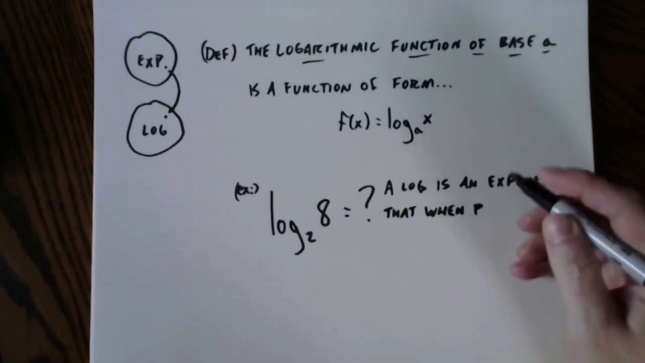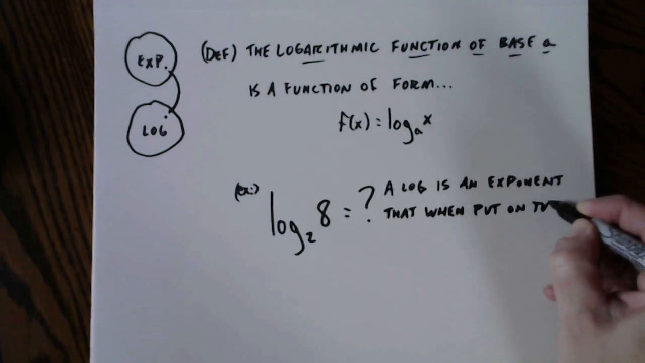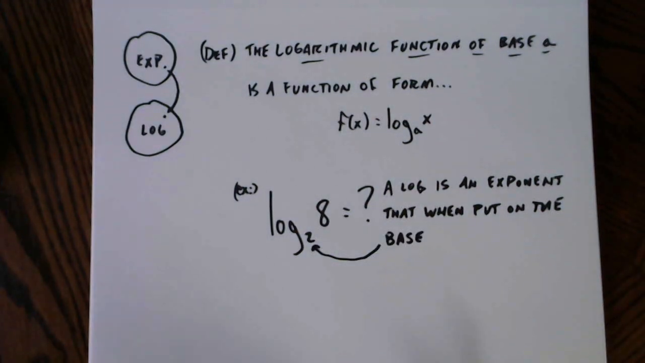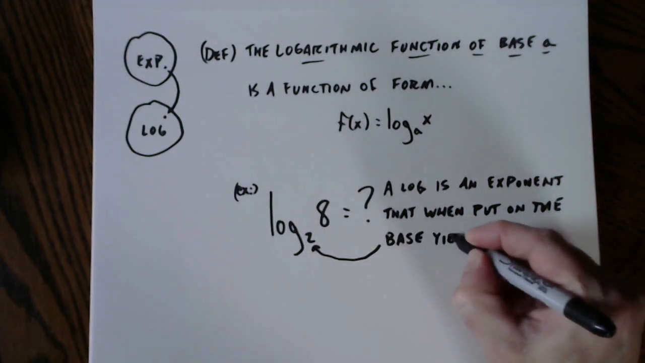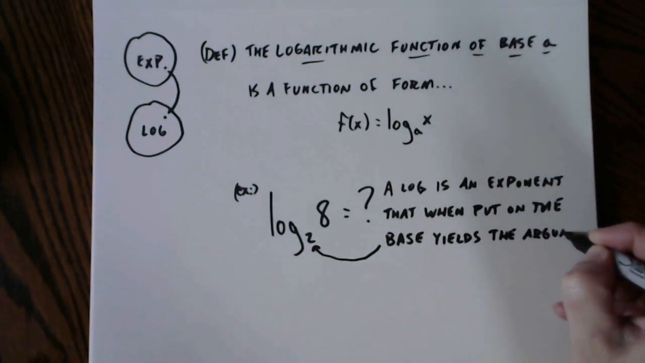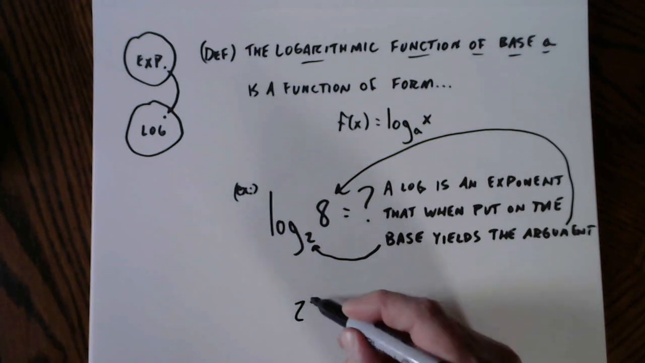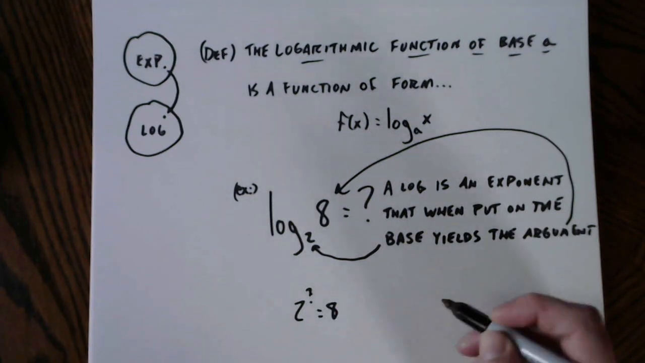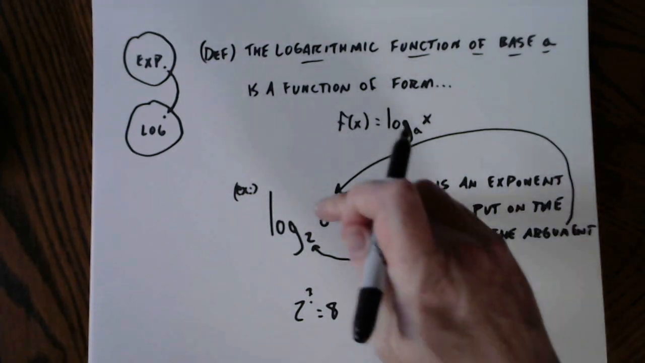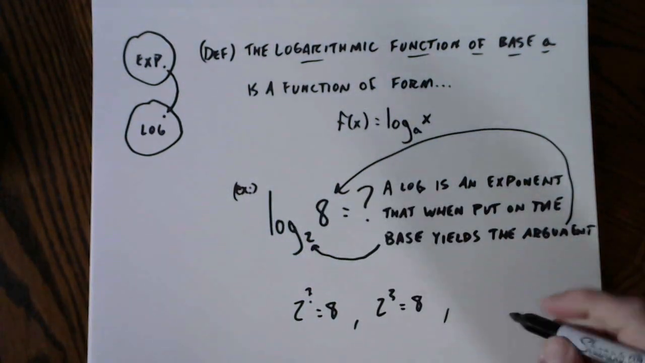That when put on the base, right, we put exponents on bases, right? The base, so this is a base 2, yields what we call the argument. So what do I have to put on 2, question mark, to get 8? 3, right? So this number is 3. That exponent that needs to be put on 2 to achieve 8